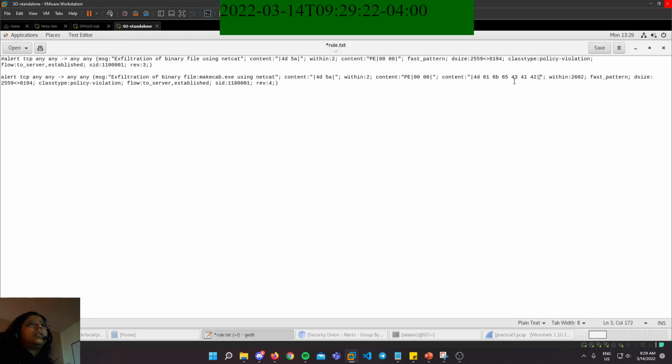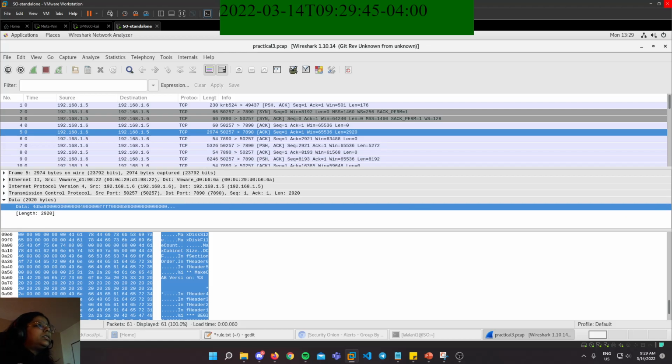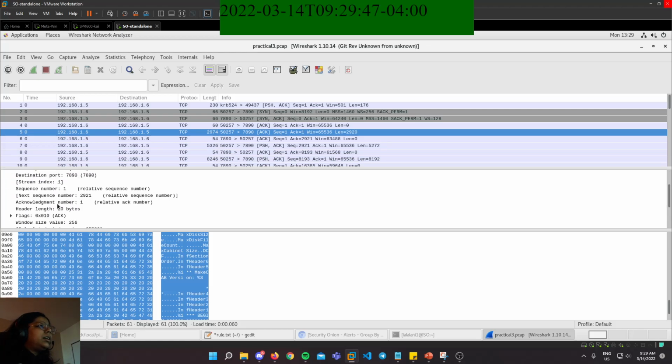That is the content. Within this is the calculation that is made based on the bytes that are left minus the 2 that is already being used, and then the rest of the bytes. So fast pattern again, so that the detection is done faster. Dsize has been defined based on the pcap. I can show you here. So as we can see, my